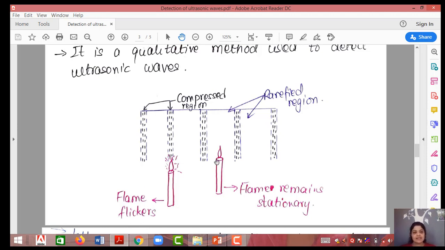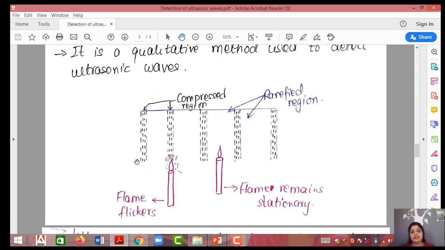As we have discussed earlier, all the compressed regions are the regions where the particles come closer, as can be reflected from the diagram. This won't be practically seen, but it is just to make you understand what a compressed region and a rarefied region are. All the compressed regions show that particles of the medium have come closer. That means the density of the medium is more. And all the rarefied regions, can you see these blank portions? These rarefied regions show that the particles are scattered and the density is almost zero.